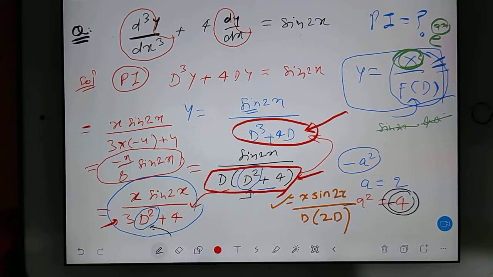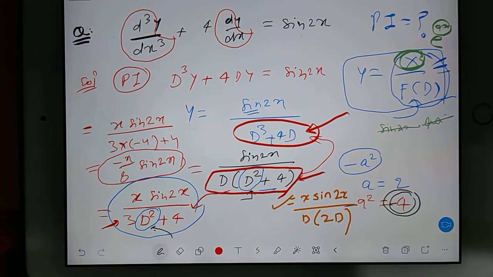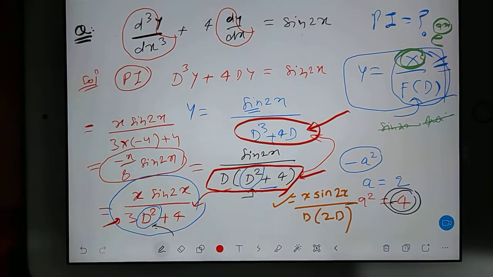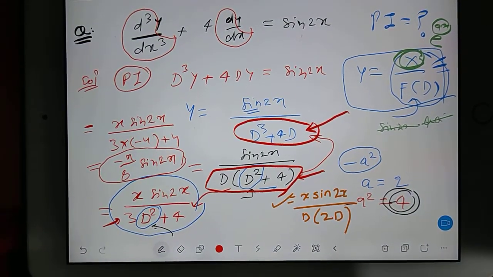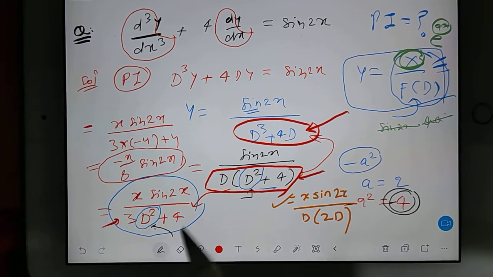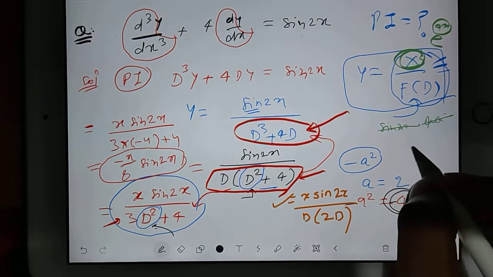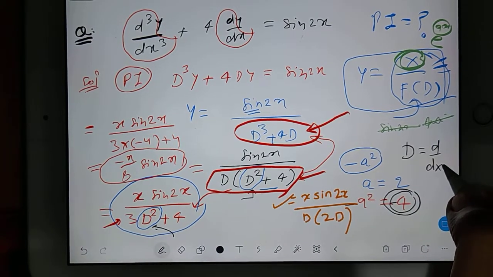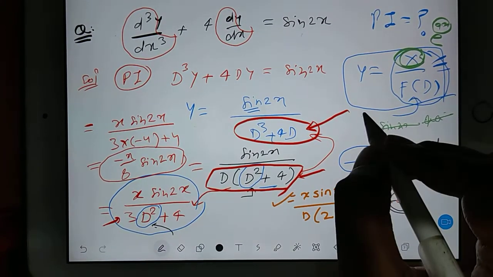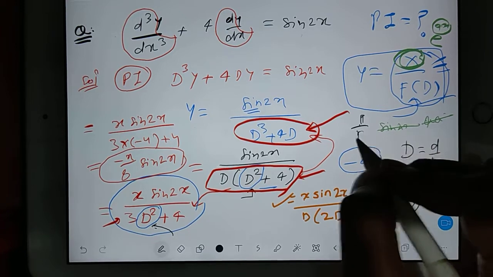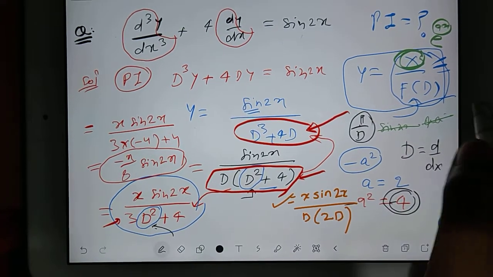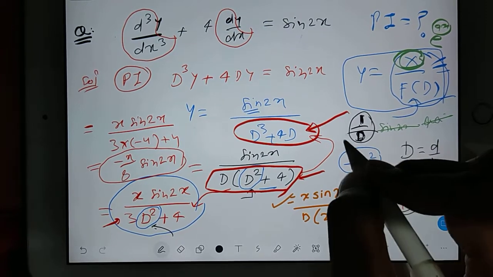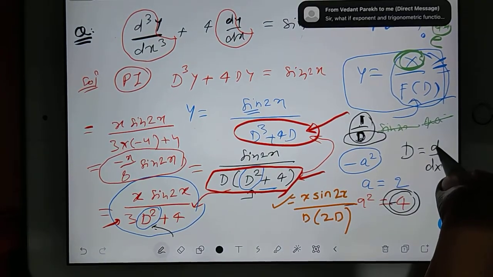Okay, I hope it is amazing. You are able to understand everything. Okay, see, there is one IQ based trouble. Always keep in mind one thing. This D is just an operator, that is d by dx, guys. So suppose by mistake only 1 by D is remaining at the bottom. Just imagine, by mistake only 1 by D is remaining at the bottom. So this D is nothing but d by dx.